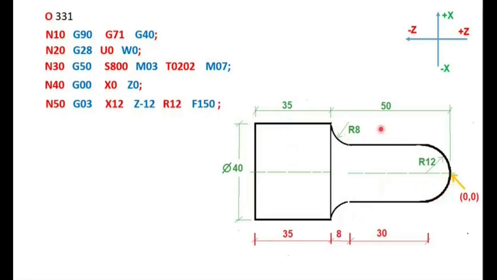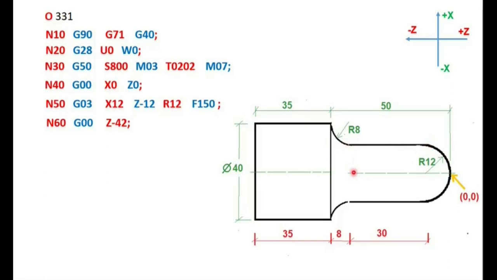As this will be rotating at a specific 800 RPM, you can see when I'm moving the tool like this, I will get a complete curve at the right hand side. Now after this one I will not be doing this operation, I am only showing you in this problem how to create a curve. Then once I did here, I will rapidly move to this position.